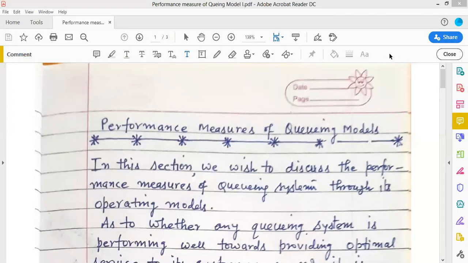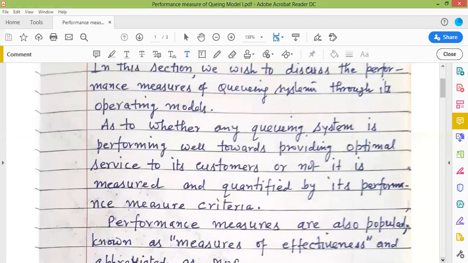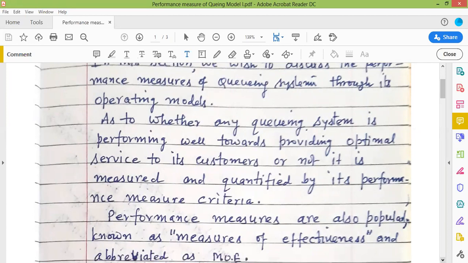Now, here a question arises: how can we assess, what is the formula, what is the method which can be designed and developed so that we can measure the effectiveness? So I would like to make clear here that